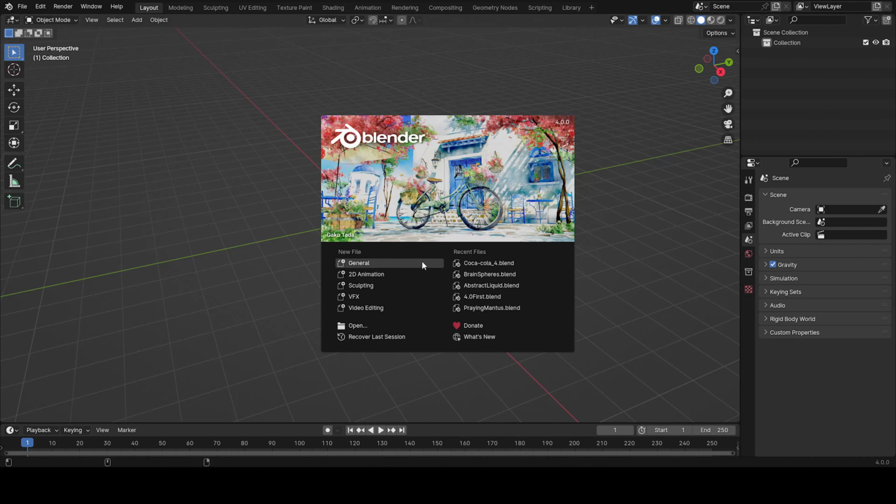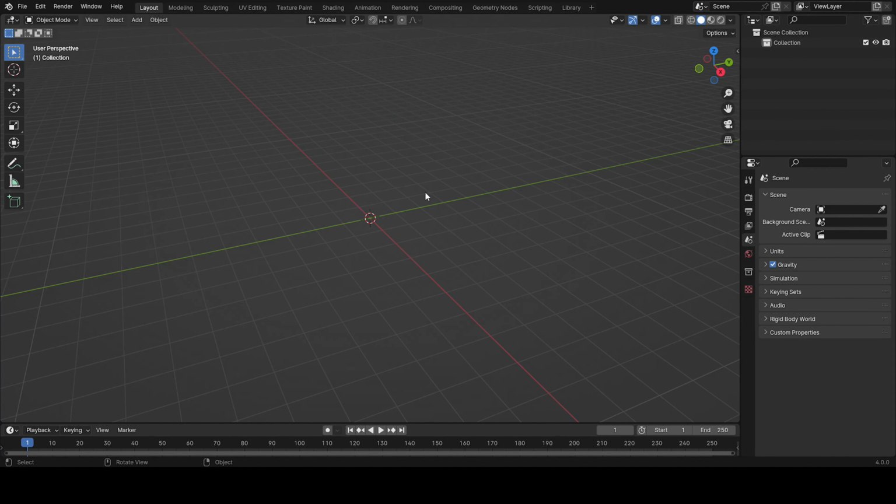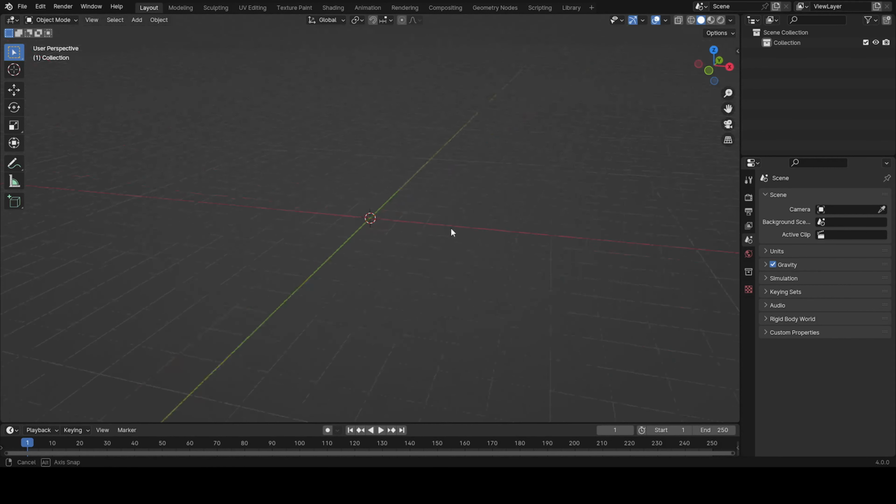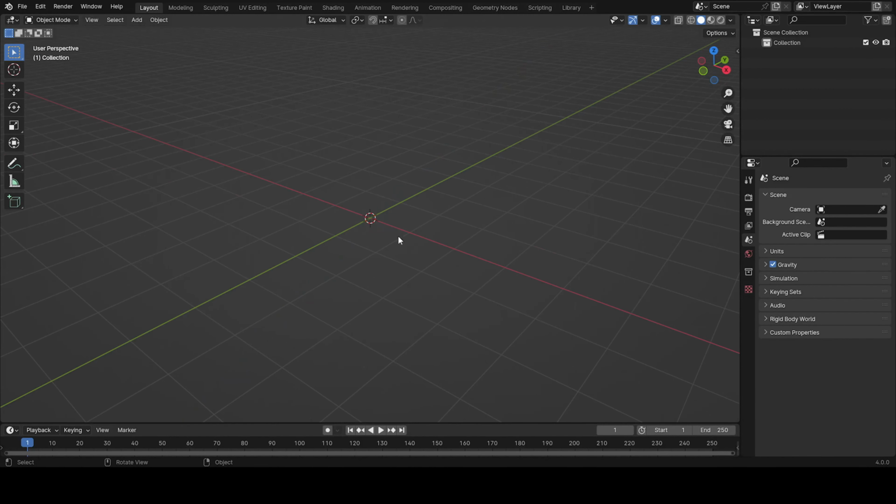So if we open a new file, there's a new thing in compositing now that I really wanted to try out. It's a really weird name. It's like Kuwahara or something like that. But basically, it makes something of yours become a painting. So I would just, because I don't want to model everything right now,